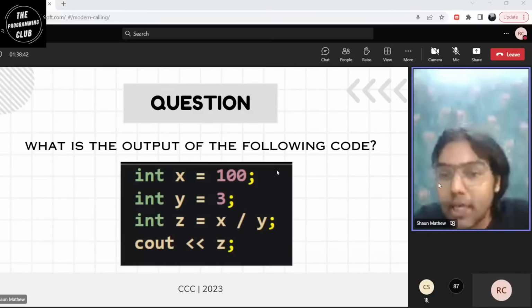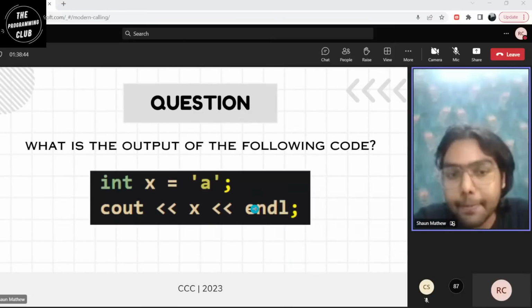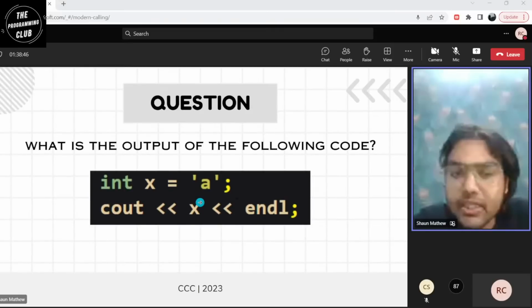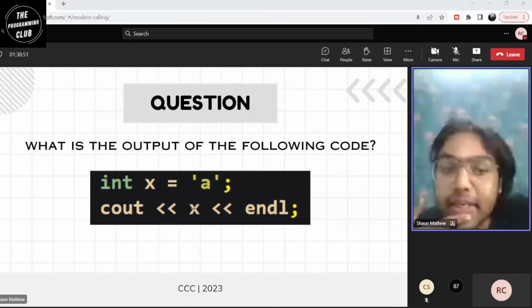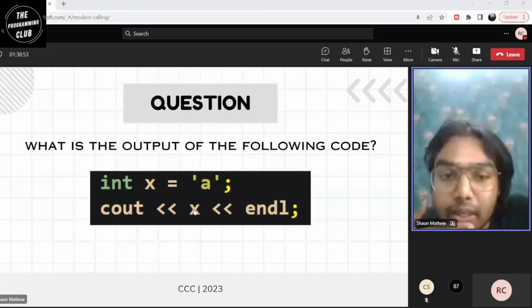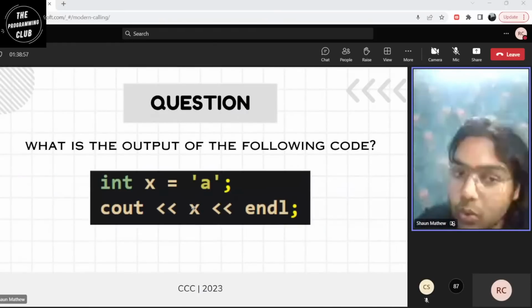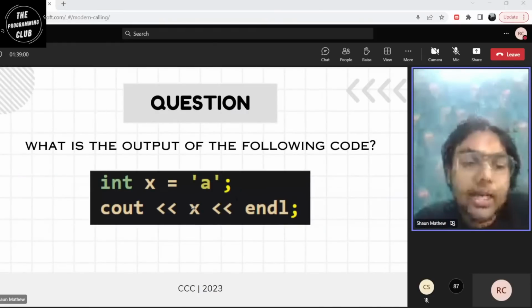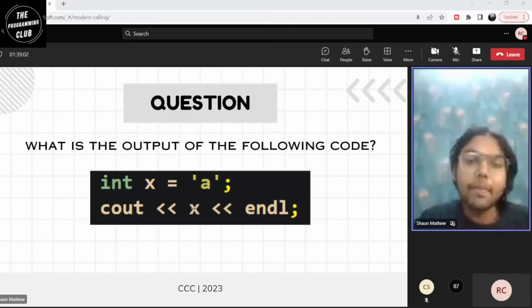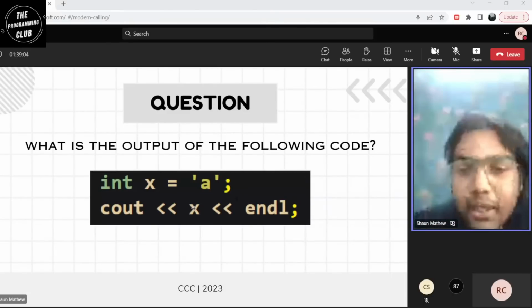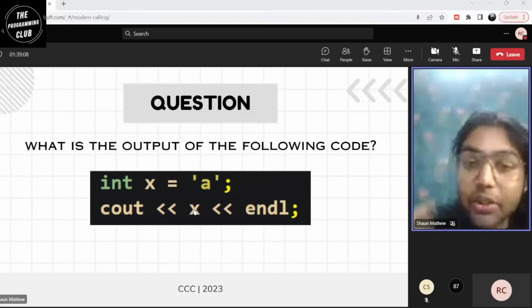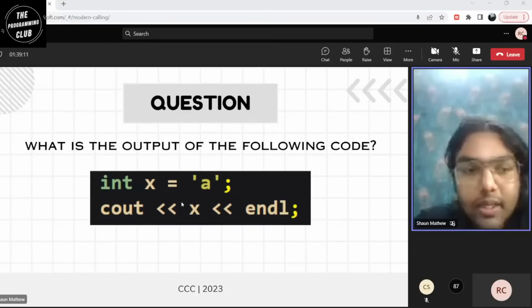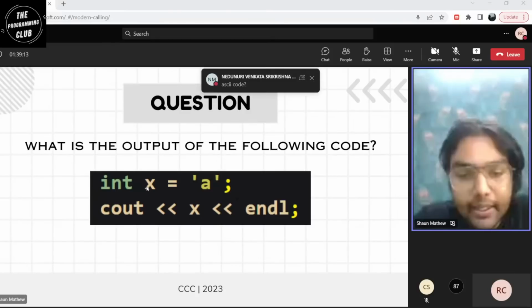Which of the following is the output of the next code? You can be really quick with this. This is a little confusing. I'll give you time to work this out on your own. Be careful. It's int x equal to a, and that might be confusing, because how can a character be assigned to an integer? The answers will be discussed later. But right now, work your brain through and try to guess or logically build up an answer. I give you 30 seconds for this too.